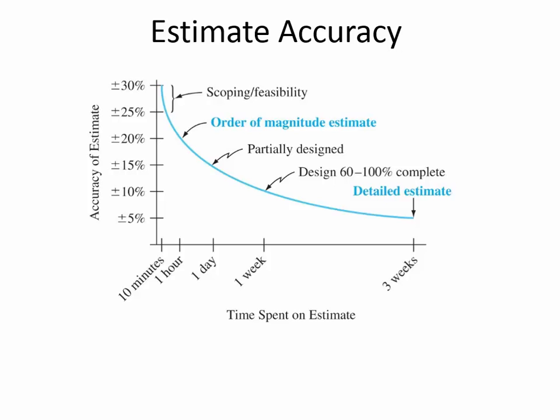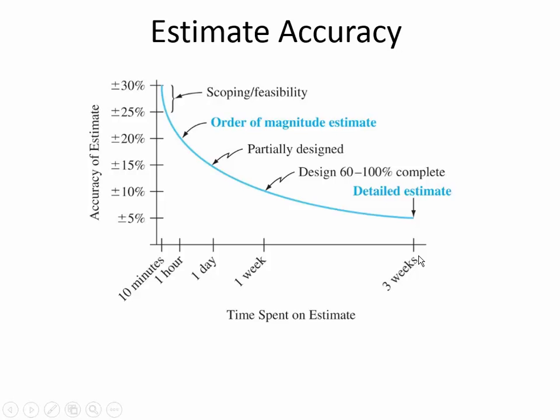If you spend a lot of time on an estimate, actually it's translating into spending money on the estimate, because when you're at work, your time is worth money. And so you get high accuracy if you spend a lot of time on an estimate. You can see here on the vertical axis it's saying the accuracy of estimate. So you can be within plus or minus 5% of the true cost, for instance, if you spend 3 weeks